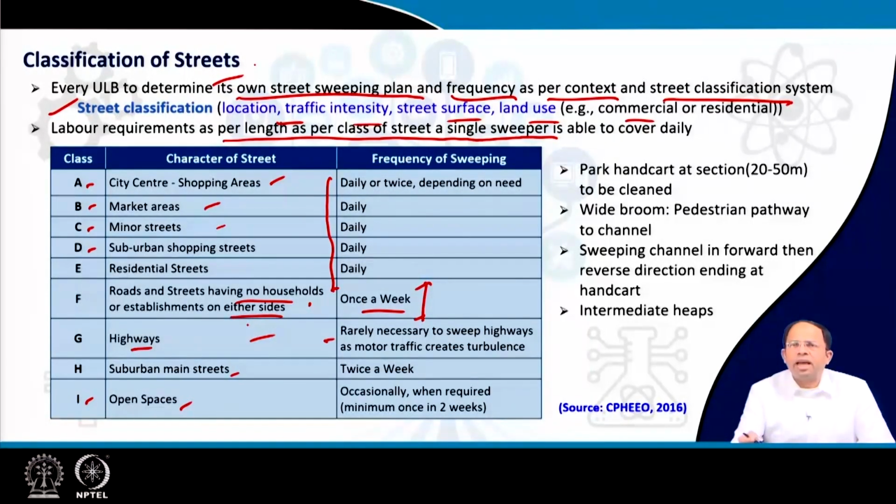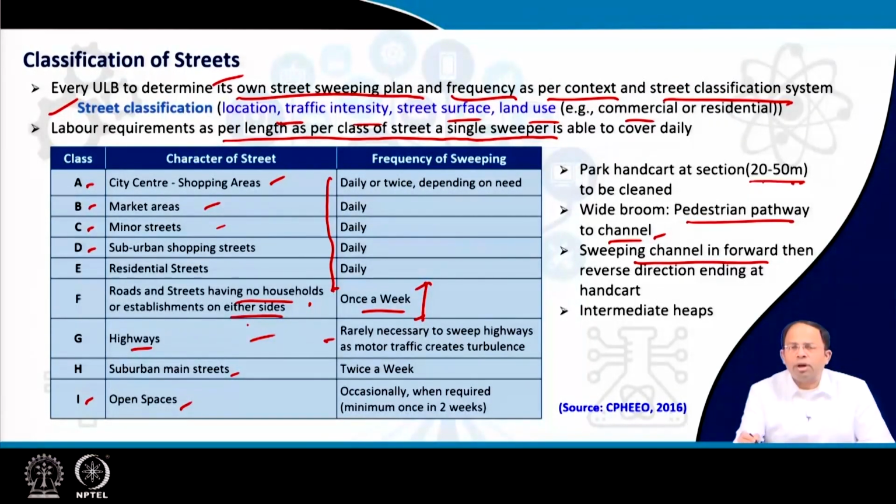So, usually the way the streets are cleaned is you park your handcart at a particular area, and then the next 20 to 50 meters section is cleaned. Usually the pedestrian pathway is cleaned first, and whatever dust and other litter is gathered there is first put into the channel space of that particular carriageway, and then the channel is swept